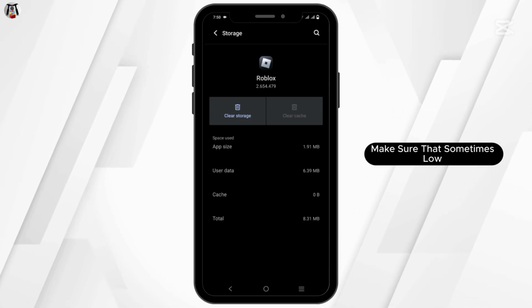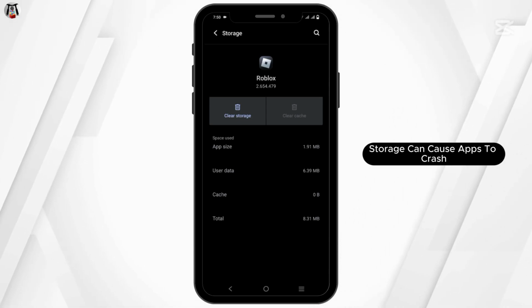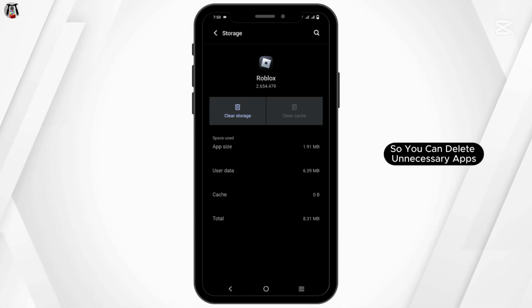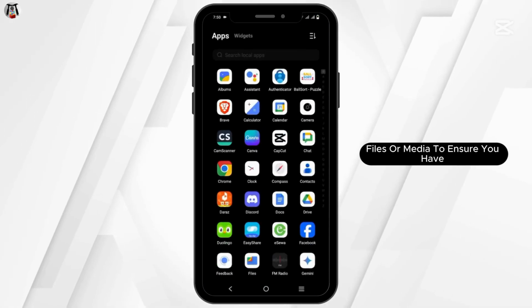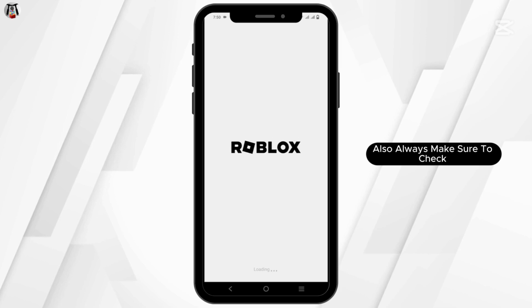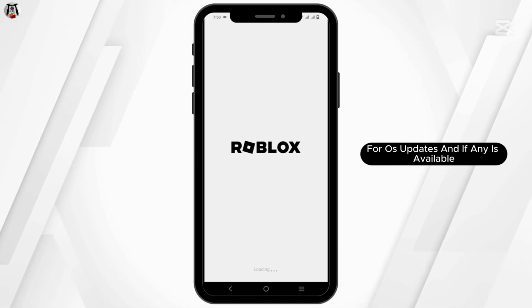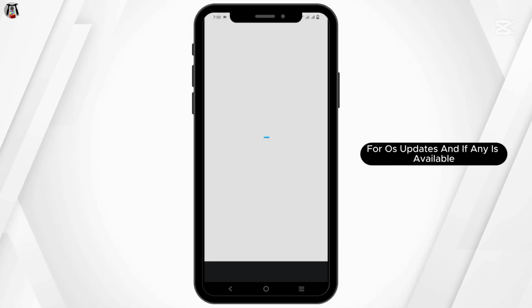Make sure that sometimes low storage can cause apps to crash. So you can delete unnecessary apps, files, or media to ensure you have at least 1 to 2 GB of free space. Also, always make sure to check for OS updates, and if any is available, make sure to install